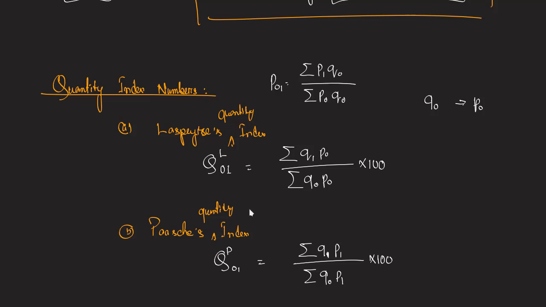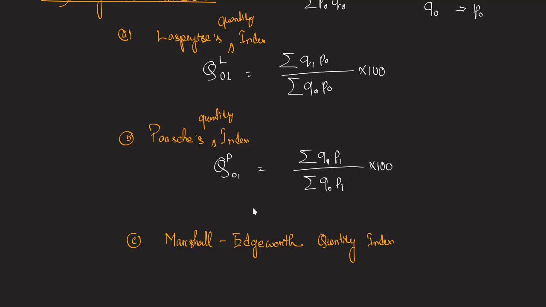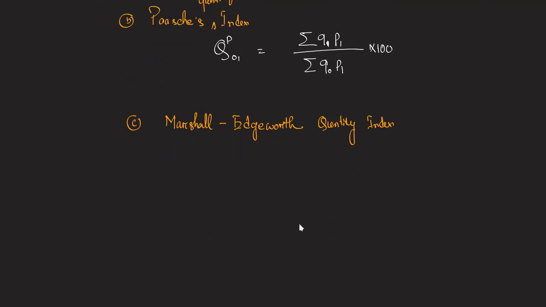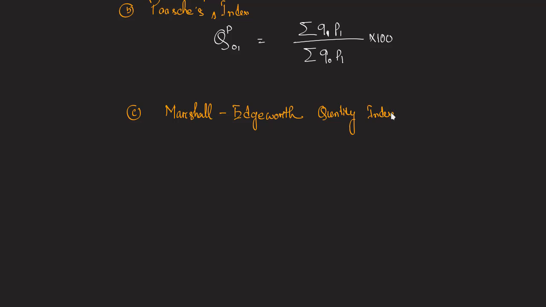So Laspeyres quantity index, Paasche's quantity index, Marshall Edgeworth quantity index. In Marshall Edgeworth, initially in the case of price we took the average, Q0 plus Q1 divided by 2. In case of quantity it will be P0 plus P1 divided by 2. So this can be written as quantity index Q01 Marshall Edgeworth